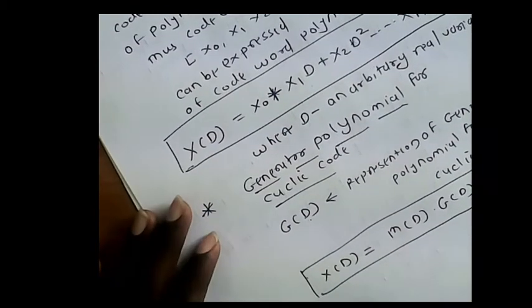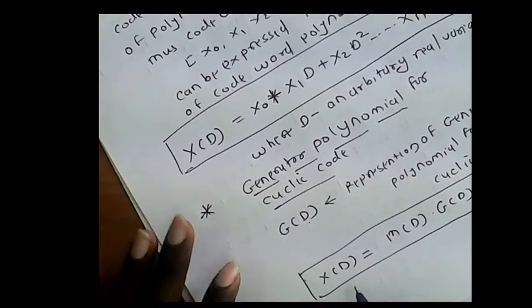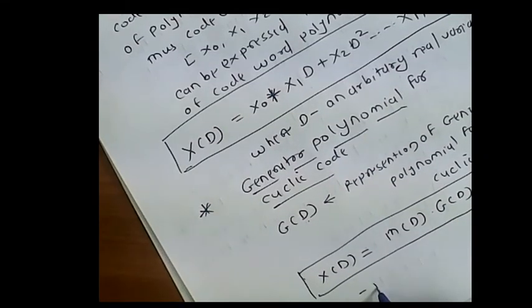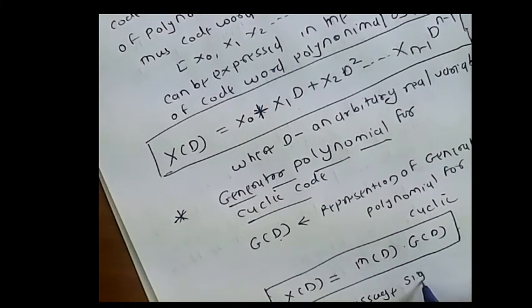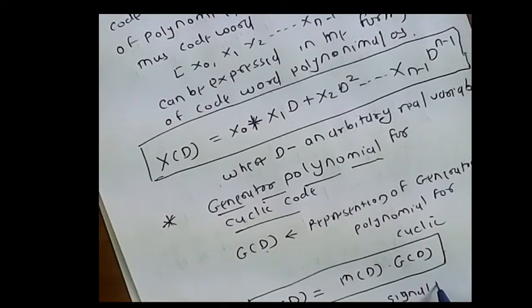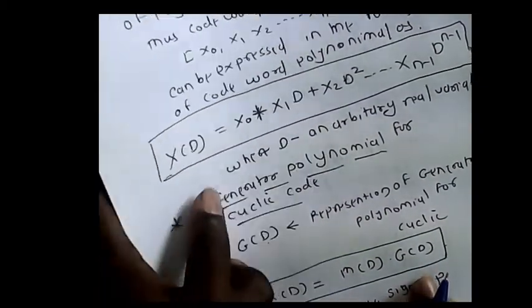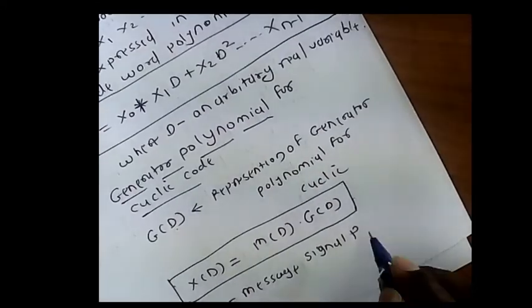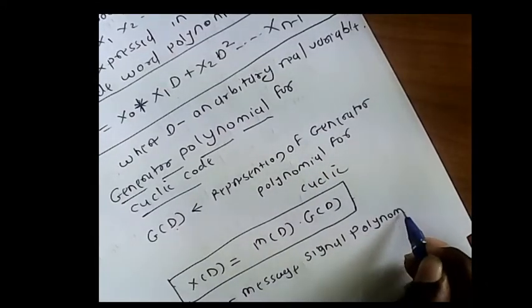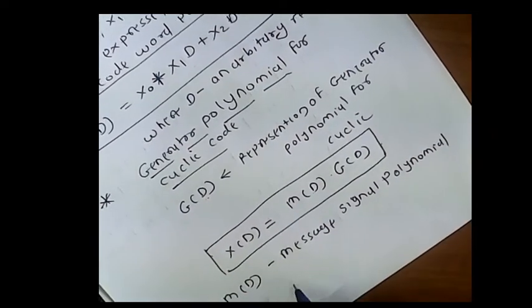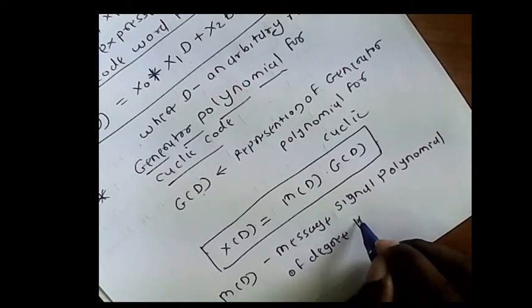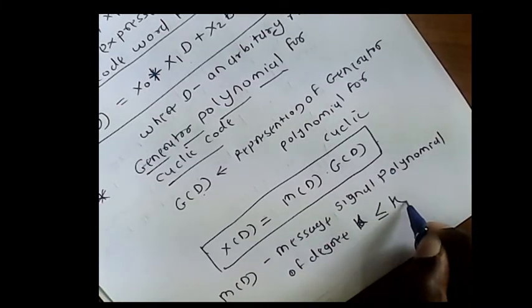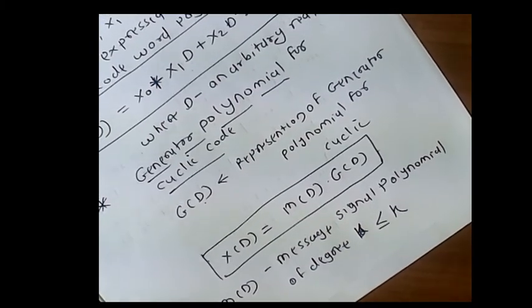And to remember, m of d is a message signal polynomial of degree less than or equal to k,